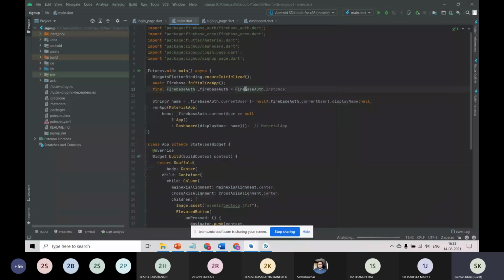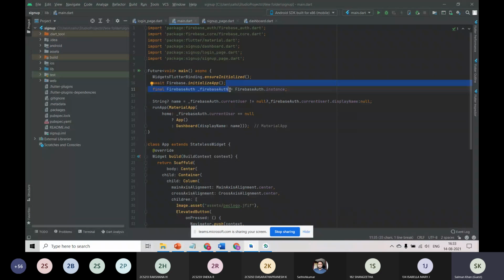Let me explain what I have done here. It is the same screen, nothing changed, except here the Firebase calls have been added. So as I said before, the async await keyword, we use it whenever we make future calls or any network calls. Initially, whenever you call a Firebase application from your mobile application, you need to make sure these two things have been called, because this will make sure your application is connected to Firebase.